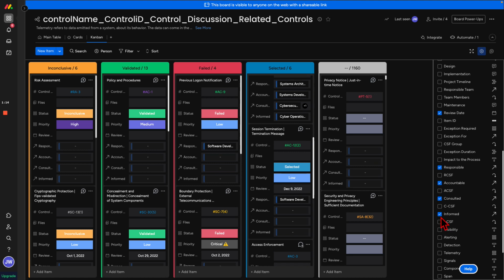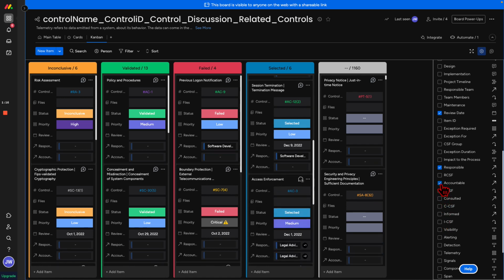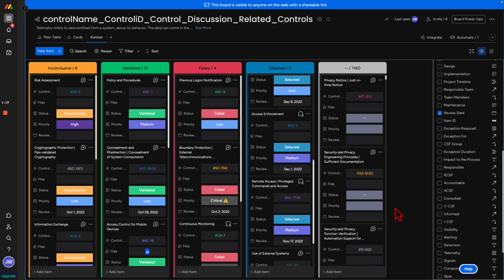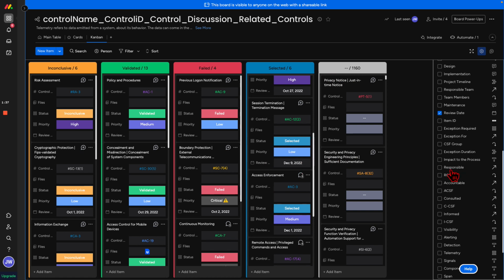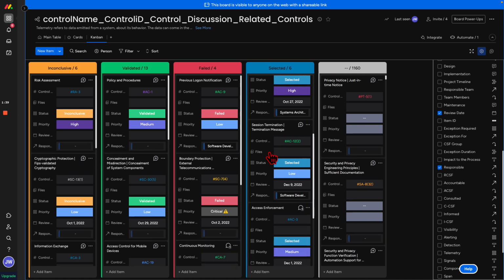Let's hop over here. What we have here is the NIST 853 control framework, along with the teams using the NICE framework. If you're not familiar with these models, I highly suggest you pause this video and go look them up. So what we see is we can see the controls that our organization has found inconclusive, failed, validated, selected, and not even considered yet. We can see the priority, but most importantly, we can build our RACI chart, who's responsible for the work being